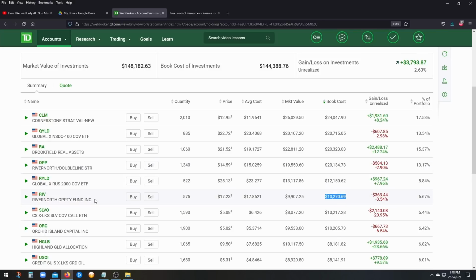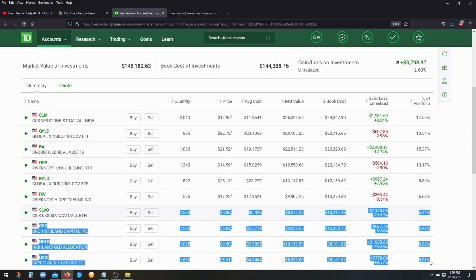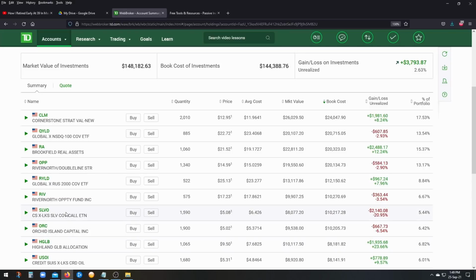10,000 in River North Opportunity Fund, RIV, which is managed entirely by River North. OPP is managed by River North and Double Line, so it's a fund managed by two investment managers, but RIV is just managed by River North. It has the same distribution policy as OPP, so it's reset annually at 12.5% of the NAV. 12.5%, I can't really argue. And this guy also just announced a share offering, so it dipped a bit, which is a really good time to pick it up. So 10 grand here. Now the other positions, these are more, I would consider, well, maybe not HGLB, but SLVO